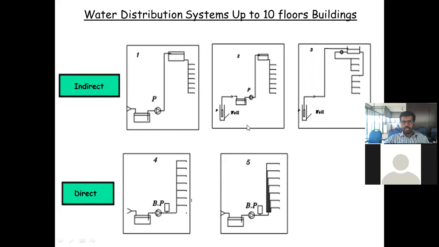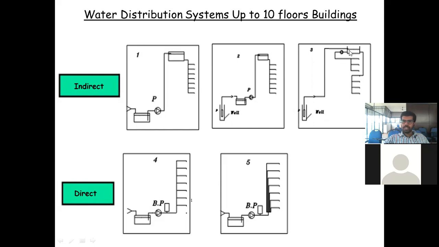Another option is that with the help of a pump, you pump the water into a tank initially. From the tank, with the help of a pump, we pump to the overhead tank. These are different options. From that overhead tank, you can supply to the individual floor: from the well to a tank, from the tank to the overhead tank, and from the overhead tank to the individual fixtures. Another one is that from the well you directly pump into the overhead tank.